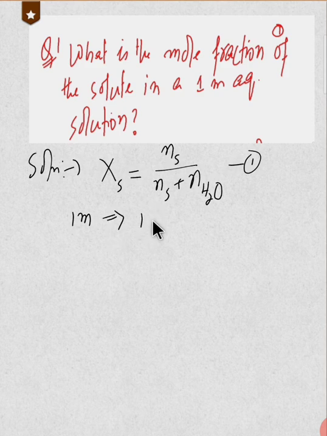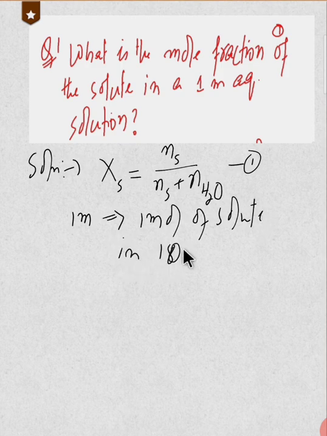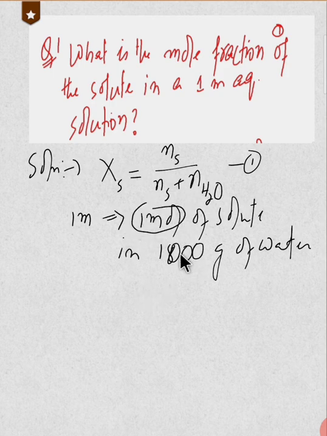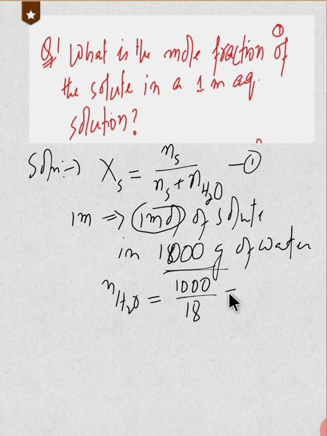which means 1 mole of solute in 1000 gram of water. For example, 1 mole of solute like NaCl. To find the number of moles of water, the mass of water is 1000 gram. The number of moles of water is 1000 divided by the molar mass of water, which is 18, and this comes out to be